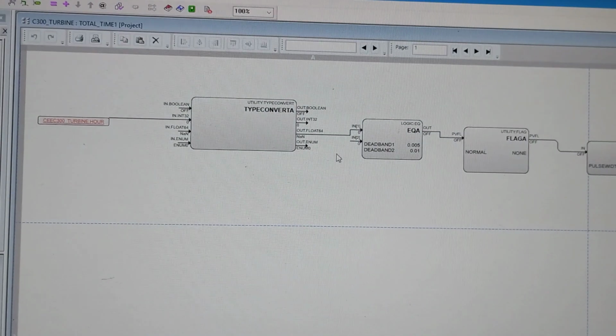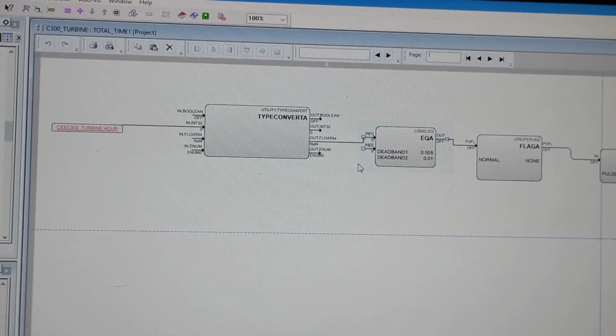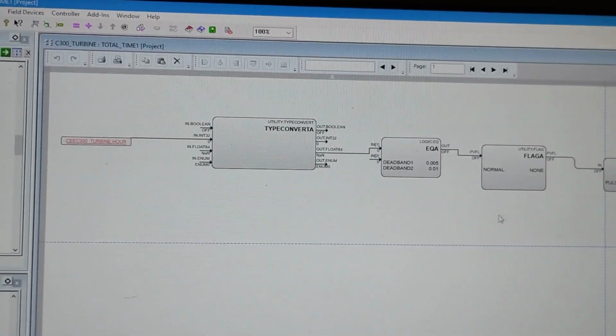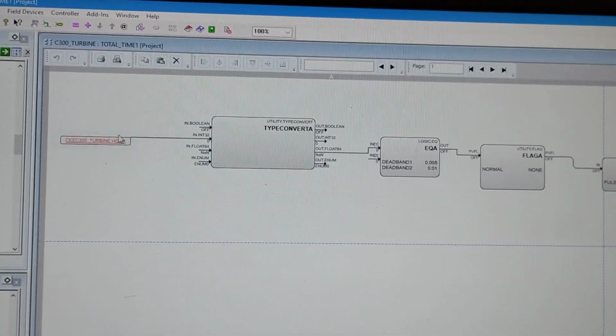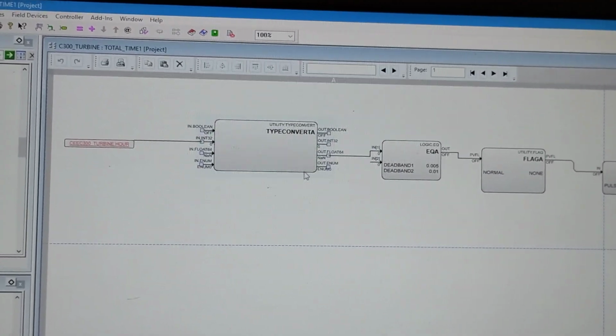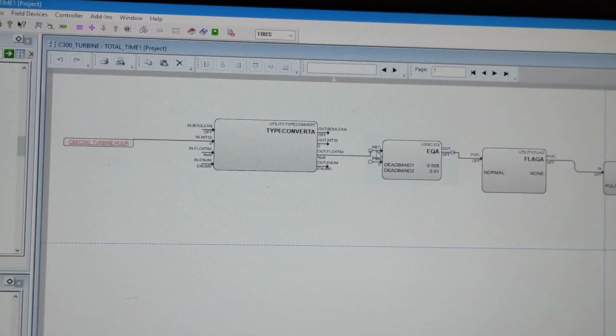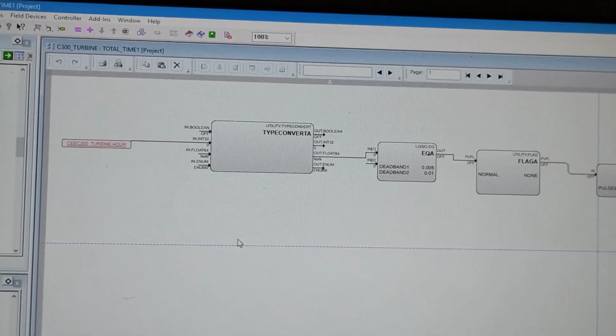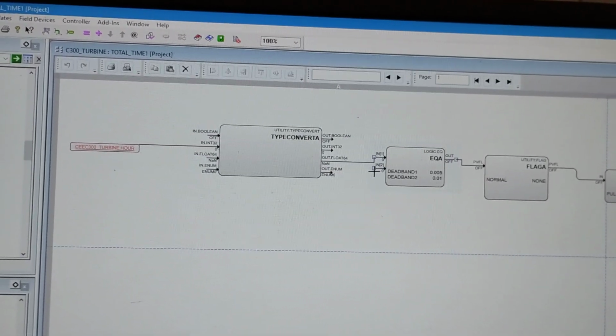Again we have to give the time to generate this pulse, because this time comes to this type converter block, it will convert it and give the input here, but we have to again give a fixed value.